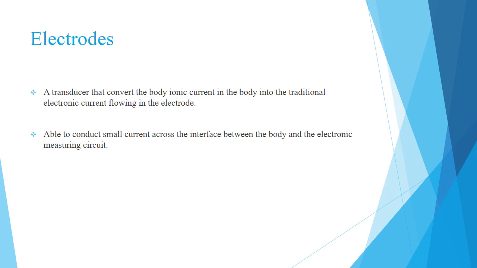Now, let us discuss what an electrode is. The electrodes are generally used to pick up the electrical signals of the body. In presenting a bioelectric event to the preamplifier of a signal processing circuit, a pair of electrodes plays the role of a transducer. How do we choose the type of electrode? The type of electrode to be used depends upon the location of the bioelectric event and the dimensions of the bioelectric generator.